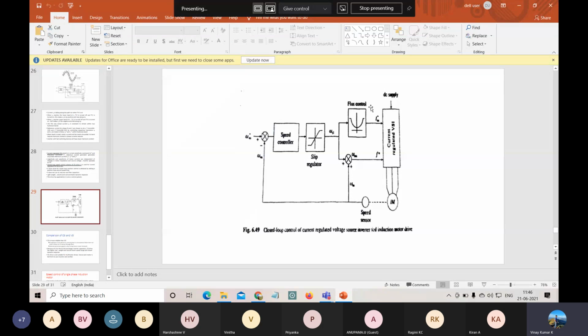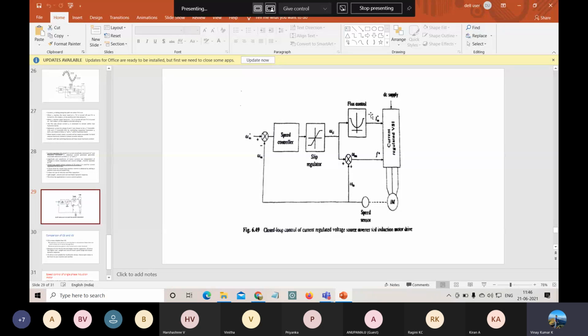Forget about this. So this module is very much important if you want to control the speed of any kind of motor, whether it is a DC motor, AC motor, induction motor, synchronous motor, or any other kind. So take whatever kind of motor. So this is the closed loop module, a module in order to control the speed of a motor.